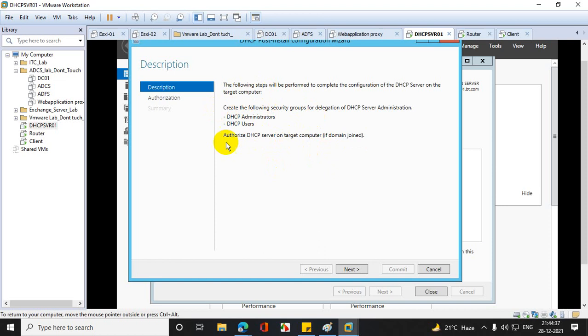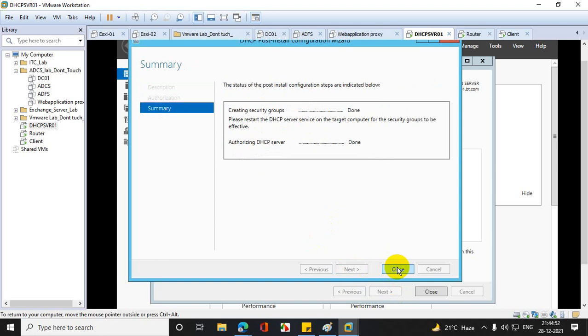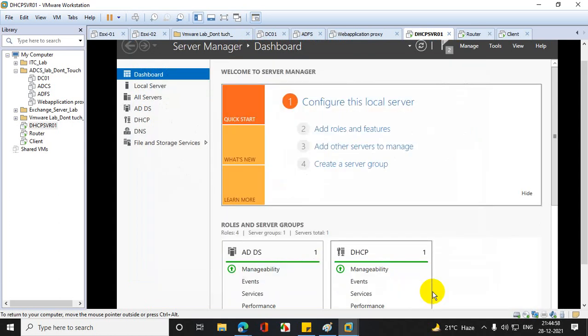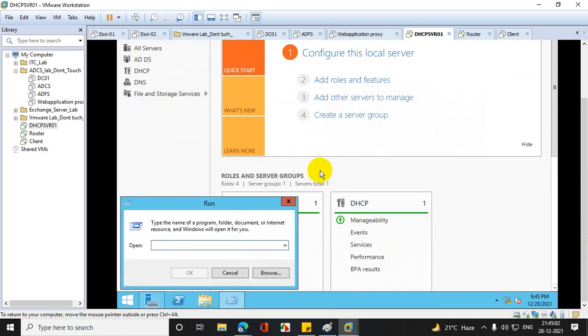The purpose of this is to integrate it with AD. So I am continuing with this account, the set account. Once I commit, you can see creating security groups done, authorizing DHCP server done. Clear? Now onwards, any scope you create will be injected automatically into Active Directory DNS.